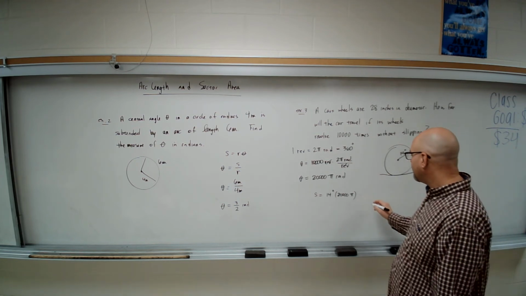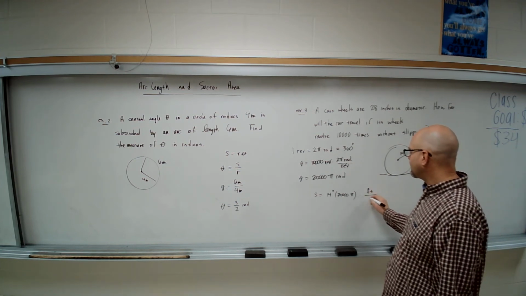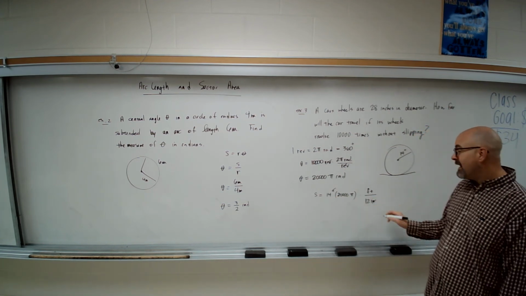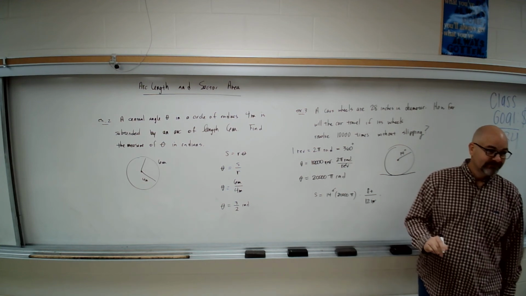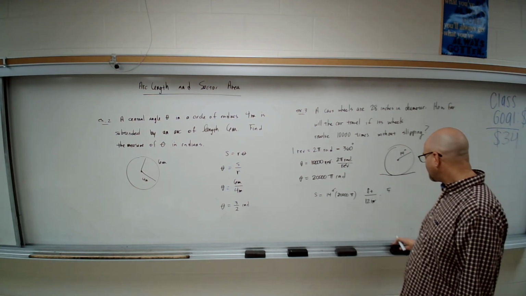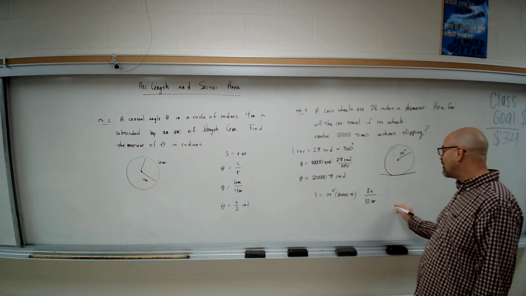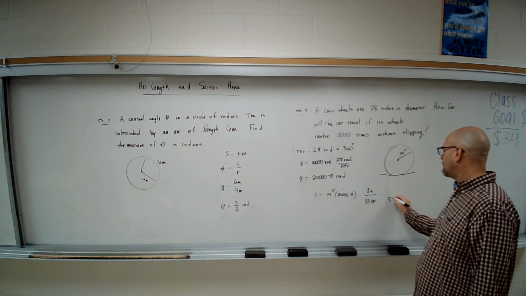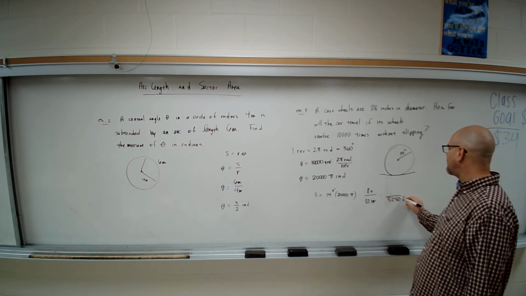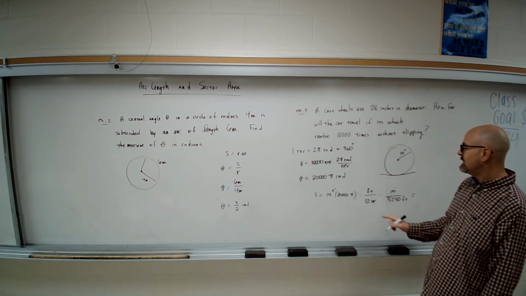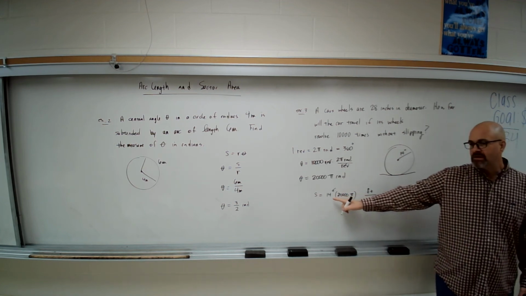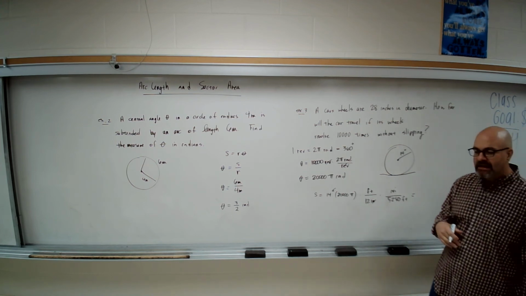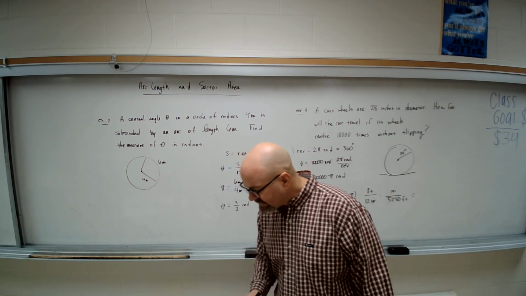How many inches are in a foot? You guys got that, right? 12 inches. So then the inches cancel. How many feet are in a mile? 5,280. That's a number we really should know. I can't write it, but that's feet in a mile. So if we multiply this, we'll do 14 times 20,000 pi divided by 12 divided by 5280 should give us the final answer, which is